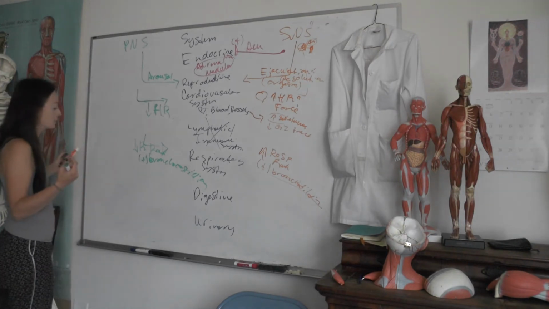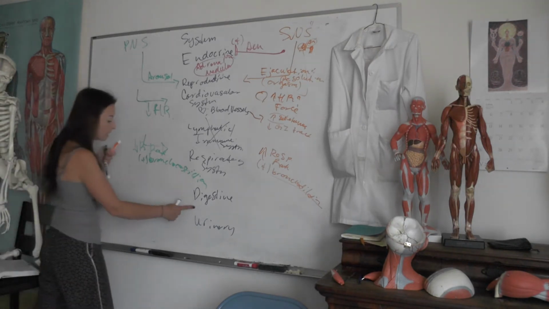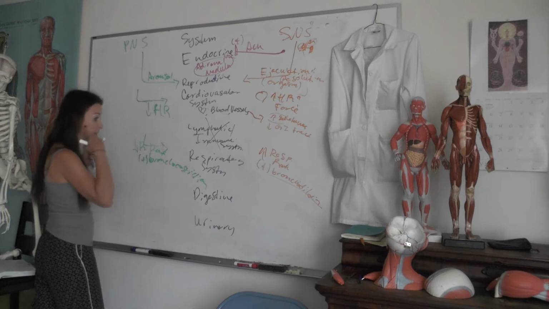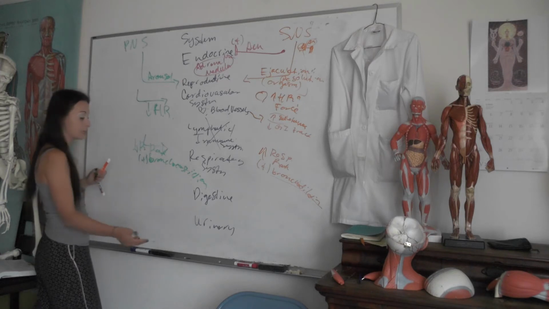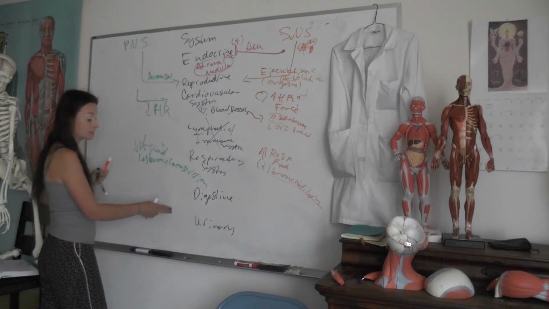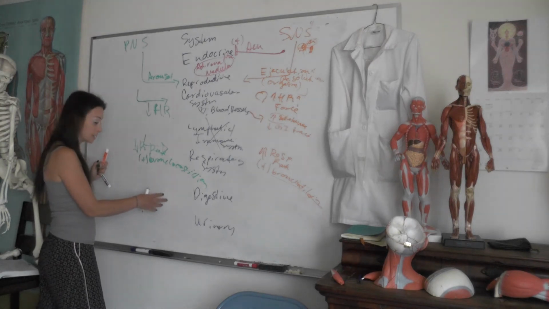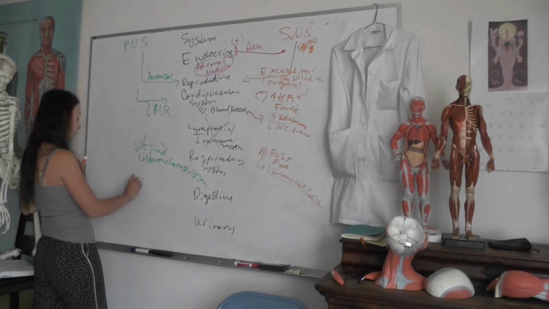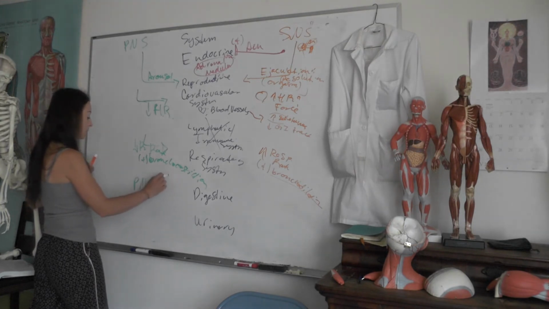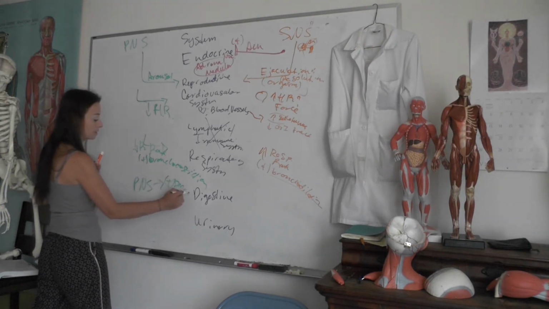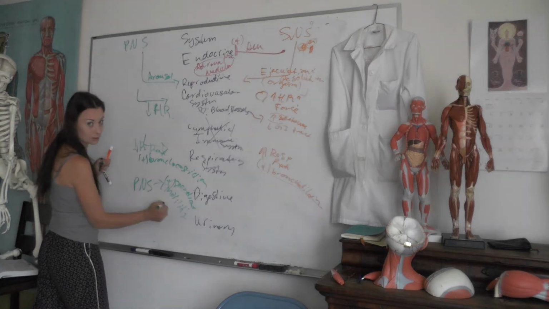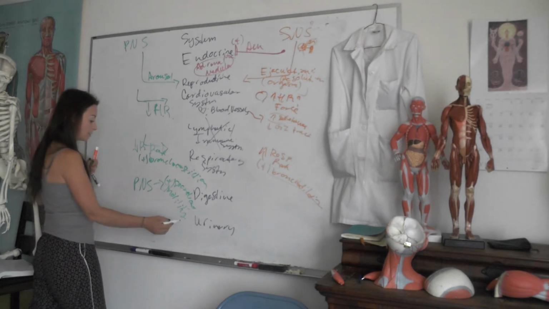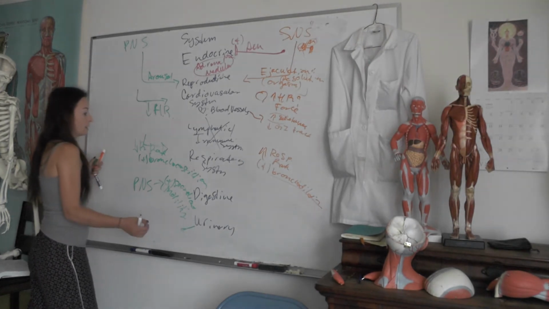We said the parasympathetic nervous system was really juicy. What are the targets that we would be affecting in the digestive system? Well, it would start in the salivary glands. We would turn them on. We would turn on motility and secretion in the stomach. We would turn on motility and secretion in the small intestine. We would turn on motility in the large intestine. We could stimulate defecation in the large intestine. So the parasympathetic nervous system really is the boss of this. And we could think that this is going to be able to stimulate secretion and motility throughout the digestive system.